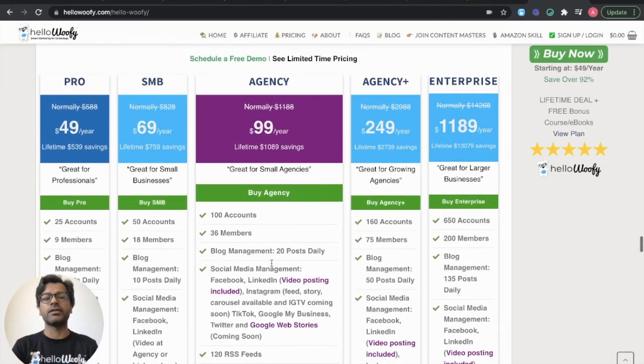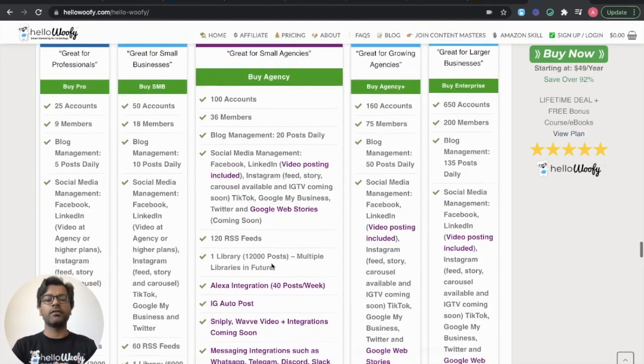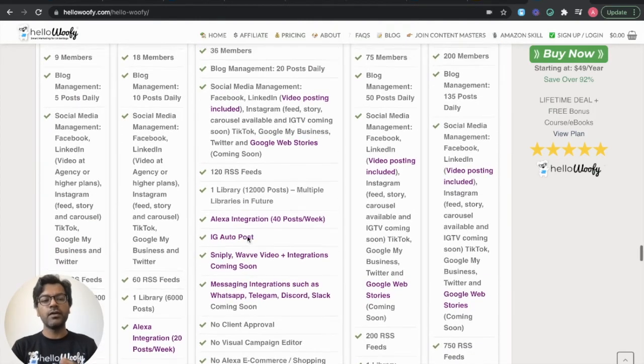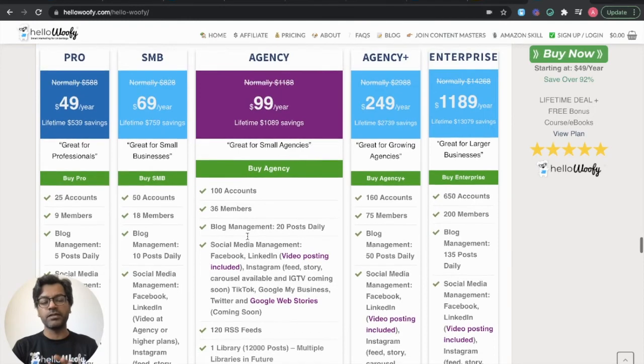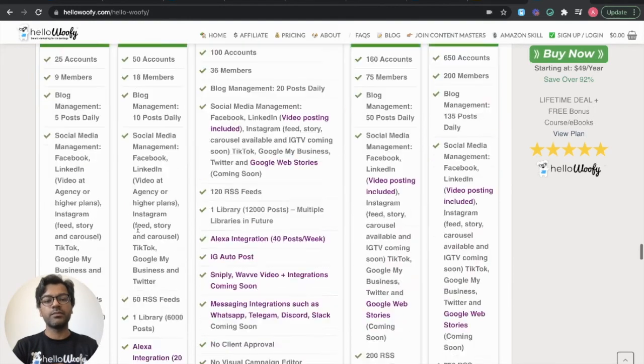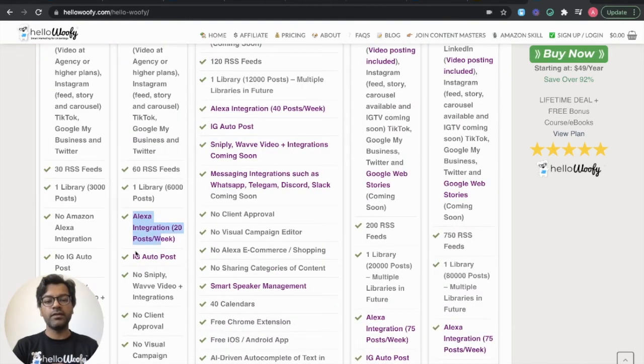The differences exist around the features that are in purple. If you want to do Amazon Alexa capabilities and you want to schedule just basic broadcasting, that starts at the SMB tier with basic Alexa capabilities and Instagram business automation. So you can automate feed posts so long as they're either 1,000 by 1,000 or 1,000 by 800 pixels, which is a 1-to-1 or 4-to-5 ratio. Just the feed posts for Instagram business accounts are fully automated.